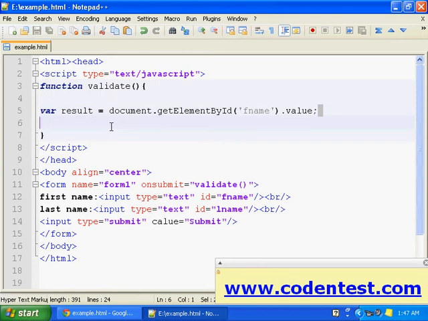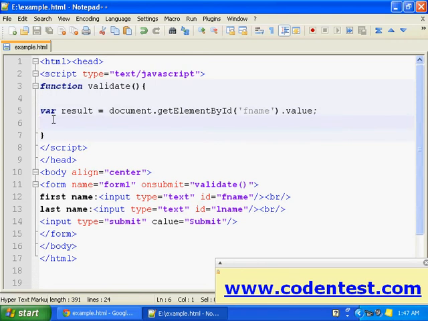This statement, document.getElementById fname.value, will give the value entered by the user in the first name, and that value is stored in our result. Here in getElementById, E is capital, B is capital, and I is capital, so you need to be careful there.